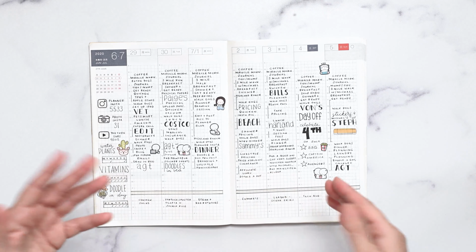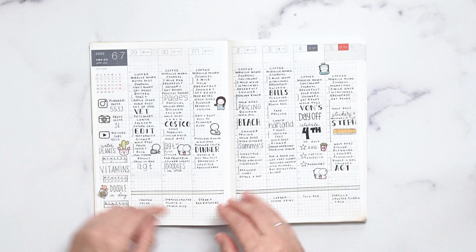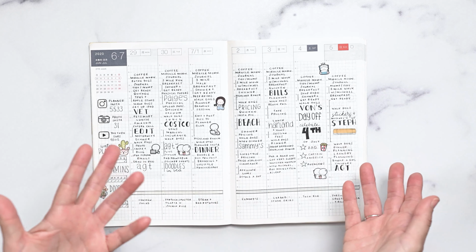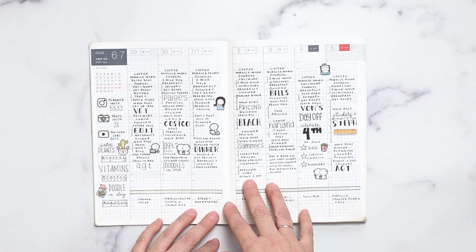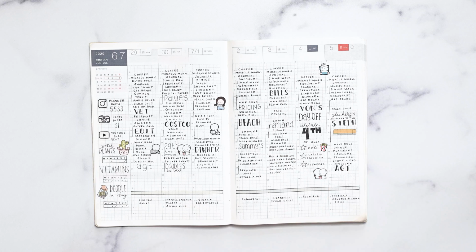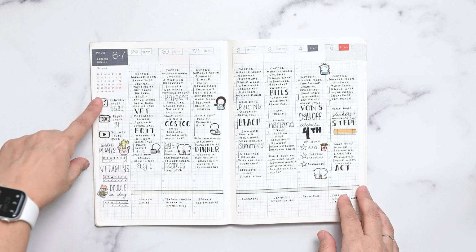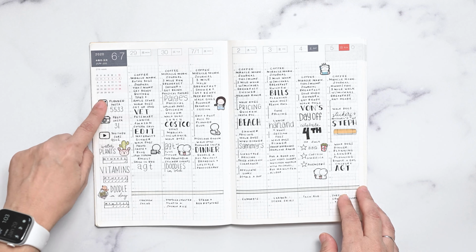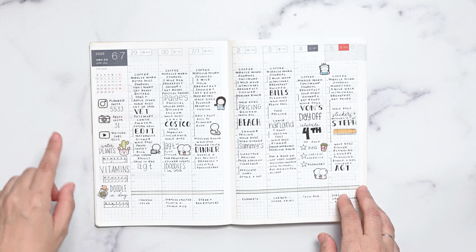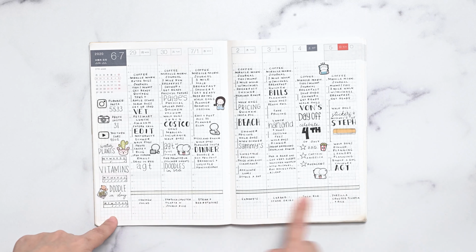And then we get into the meat of my planner, which is the weekly pages. So my monthly is mainly just for big events, things that I also enter into my phone calendar, but I like to keep them in here just in case I'm flipping through my pages and want to see what we've done that month. So it looks like I started off this planner with some stickers that I made, keeping track of my planner Instagrams. And then I started doing a couple of trackers over here, still keeping track of my